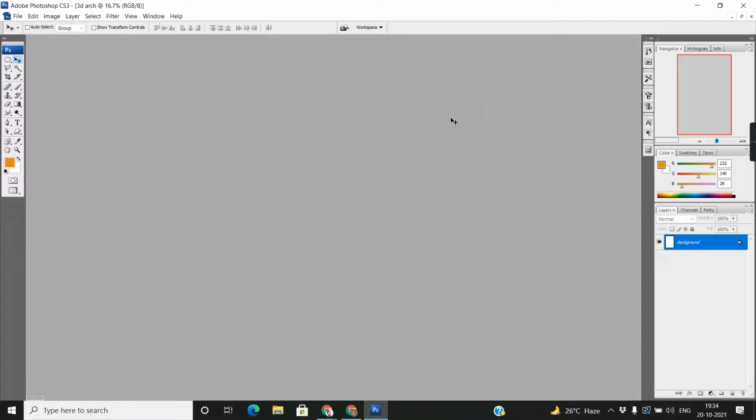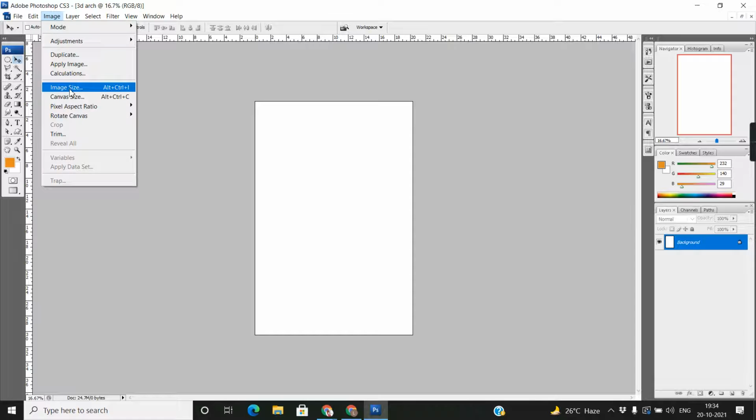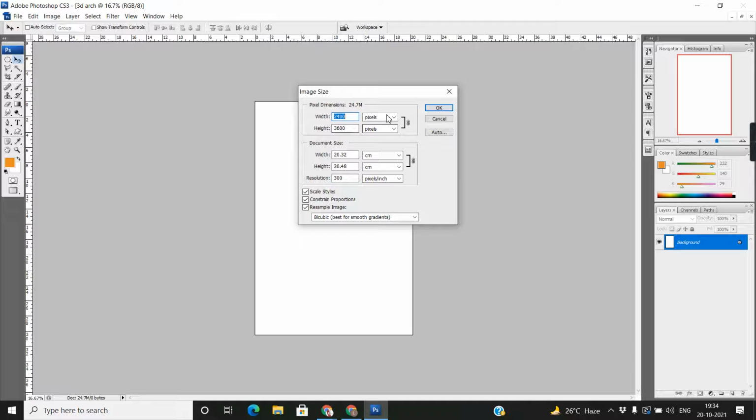White background. Okay, now I want to check, is it 8 by 12? So go to Image Size, and if I select inches, look, what is the size? 8 by 12, right?